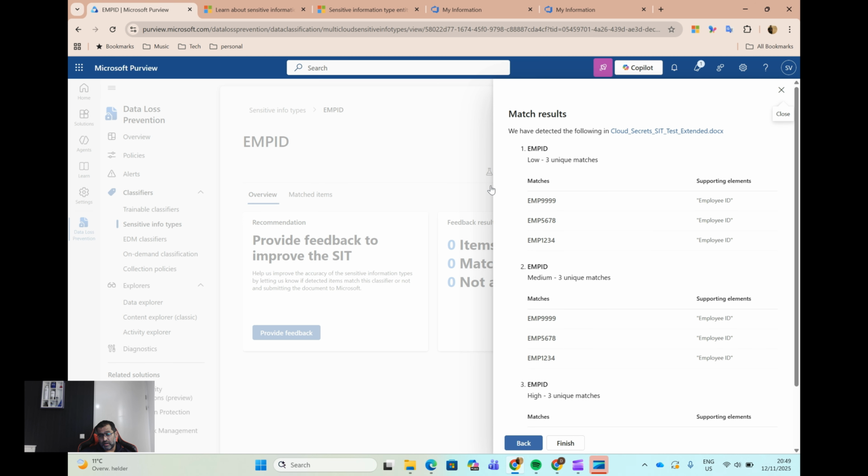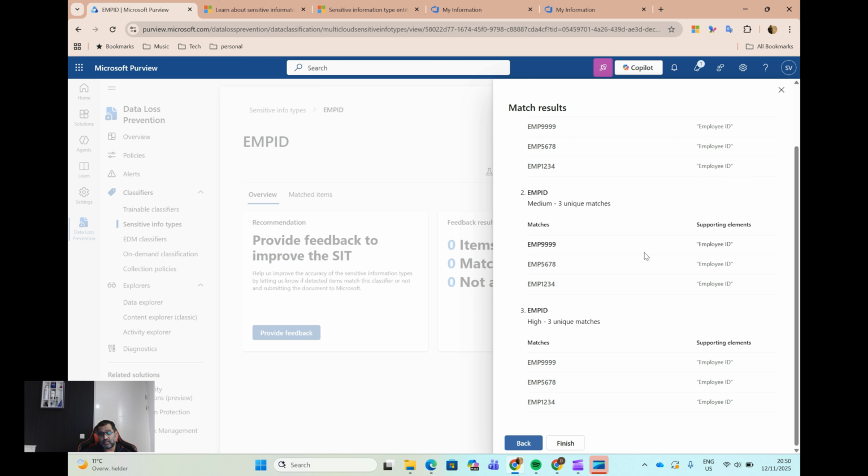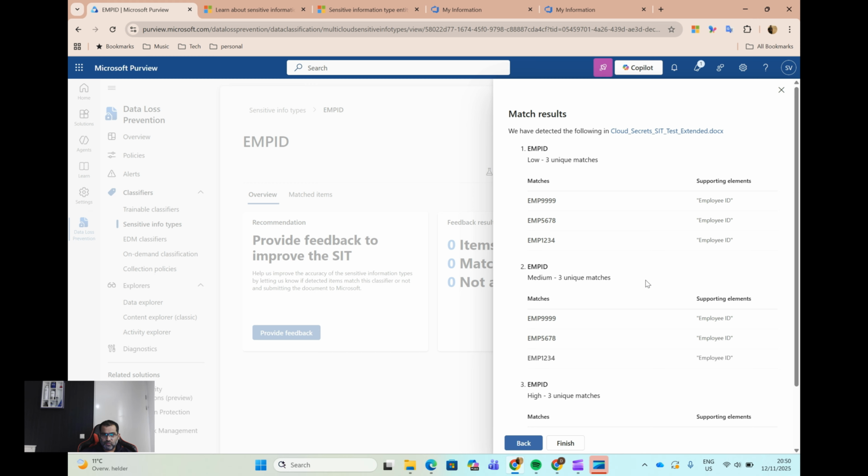So if you take a look at it, I had some employee IDs mentioned in the document, and just when we are doing the test, it is obviously able to match them and give the results. Since we also have the high pattern, three unique matches, we see them. So even with this custom SIT, you are able to detect the custom sensitive information that could be applicable